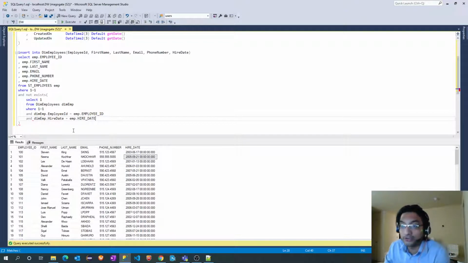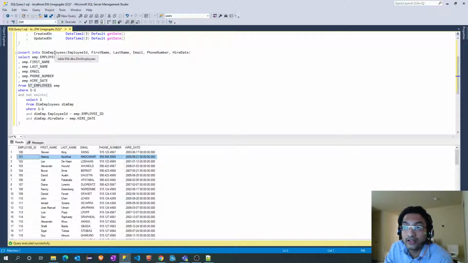So when an employee gets moved from one department to another, the hire date will change in the st_employees table and the existing record will go into the job history table. The latest record of st_employee will still get inserted into the employees dimension table, so in the employees dimension table we will eventually see two records.